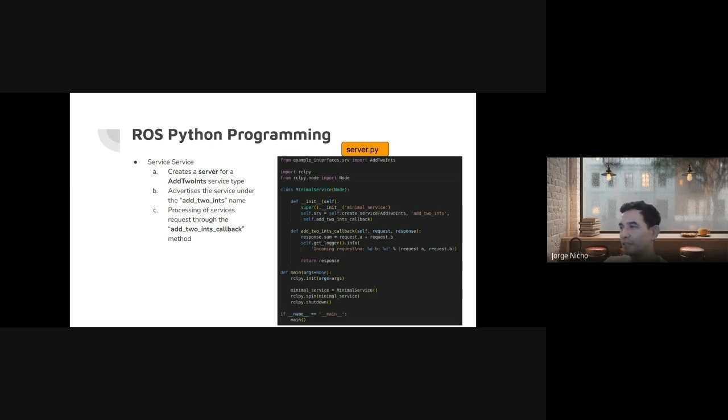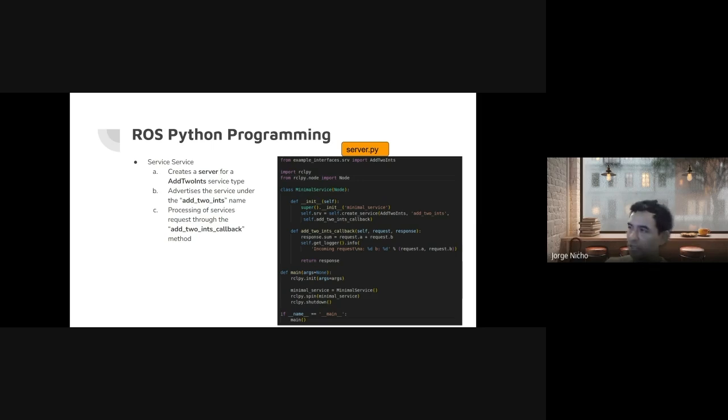So in order to advertise that, we have our main function, and then we call this minimal service class, right? So this class, all it's doing is providing a callback to service the request, right? So this add two ints callback is basically going to handle a request